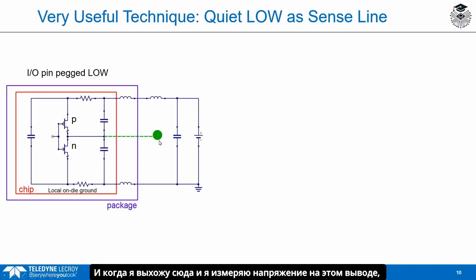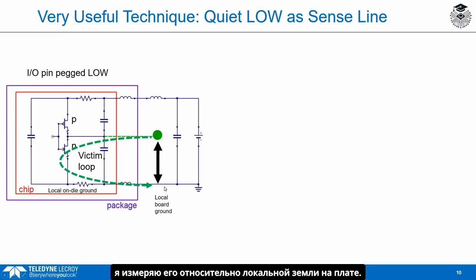And when I come out here and I measure the voltage on that output pin, I'm measuring it relative to the local ground on the board. I'm measuring that voltage over here on the VSS relative to the local ground over here. If there's no current through this path, the impedance of the return path, if there's no current, I'm going to get 0 volts. But as soon as I get a current, I'll get a little DC voltage drop over here, very little. Most of it is going to be from the dI/dt as other currents switch through this lead